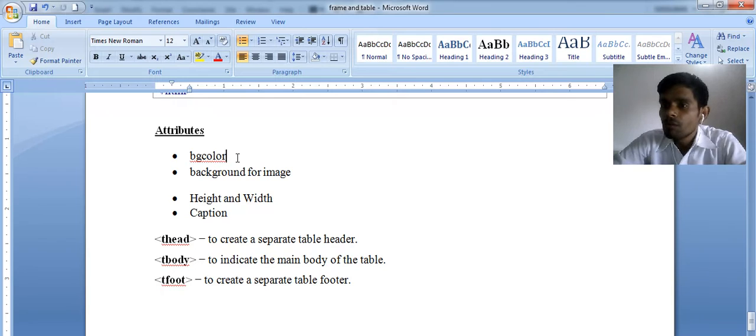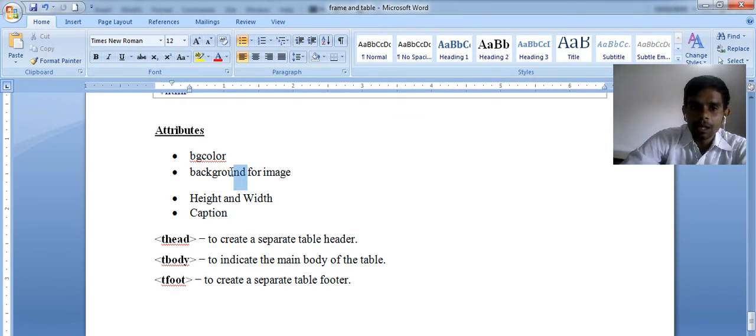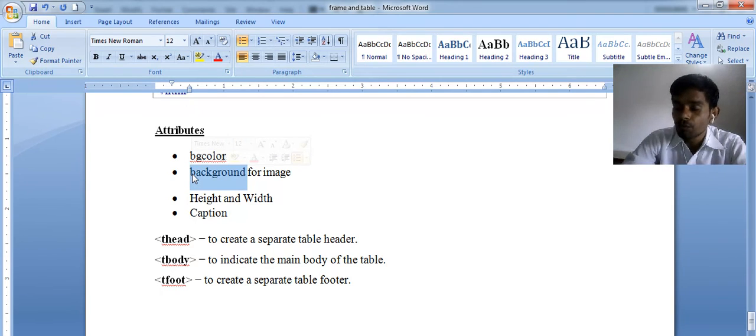But if I want to use a background image, I use background. Background is a property used to set an image in a table. If you want to set an image in a table, you use background equal to double quotes and the path of your image.